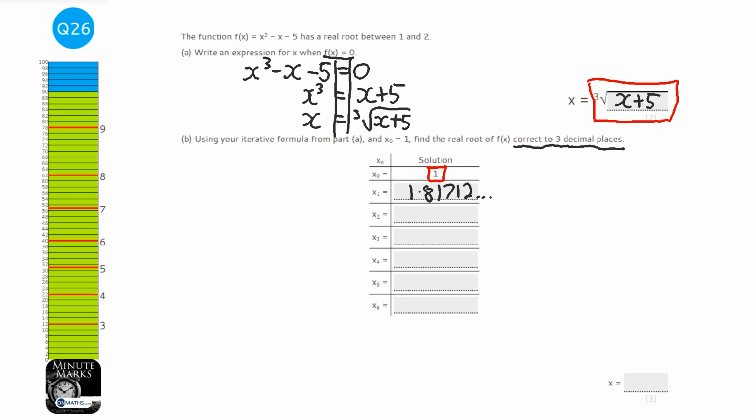Now I need to keep that answer. So what I'm going to do is press the cube root button, then click inside the root, and click answer plus 5. And the calculator will remember the answer to the one we had before. Now, if you try and round them, you will get very, very different answers. And it might take you a little bit longer, or you might make a mistake. So you let the calculator do all the remembering for you. Then I press equals, and I get